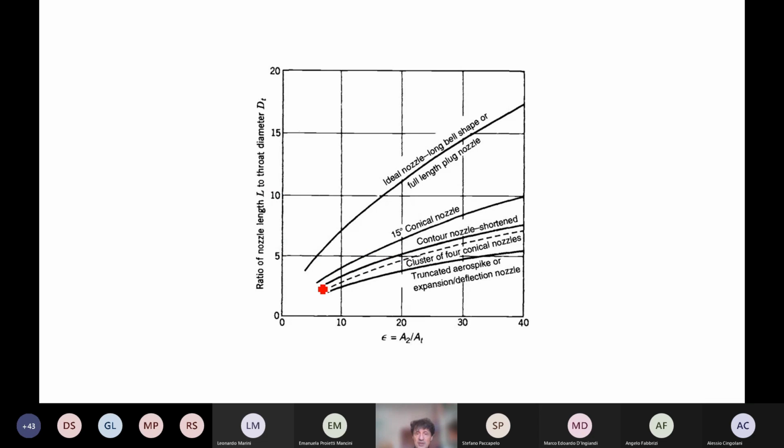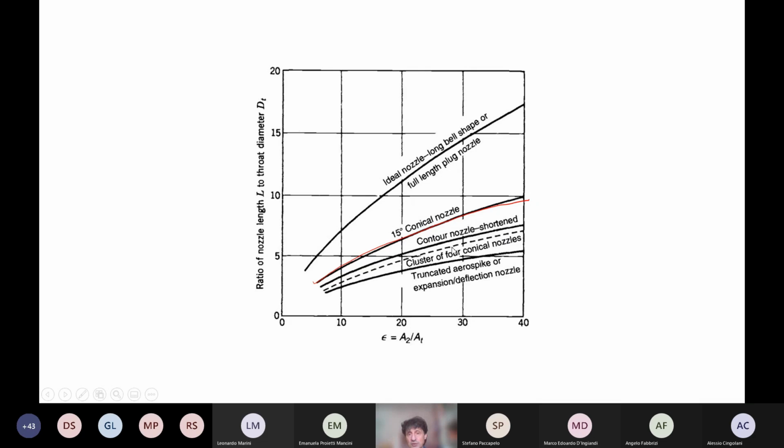So we have this reference, which is the 15-degree conical nozzle that you see here, and possible options. We have an ideal nozzle that allows us to have the one-dimensional flow at the exit, but is far longer, which is this one we see here on top. And we see that the contoured nozzle is shorter with the same area ratio,